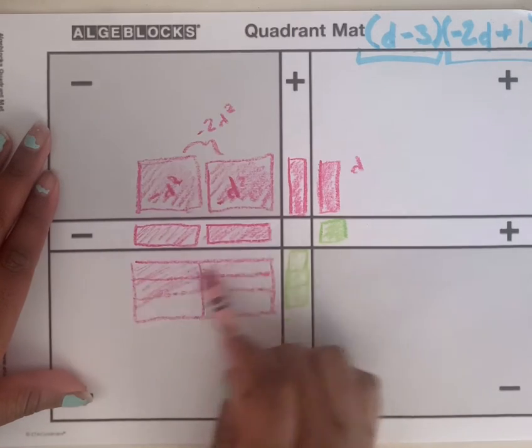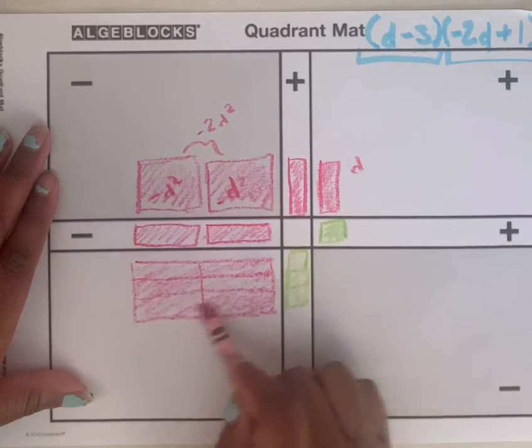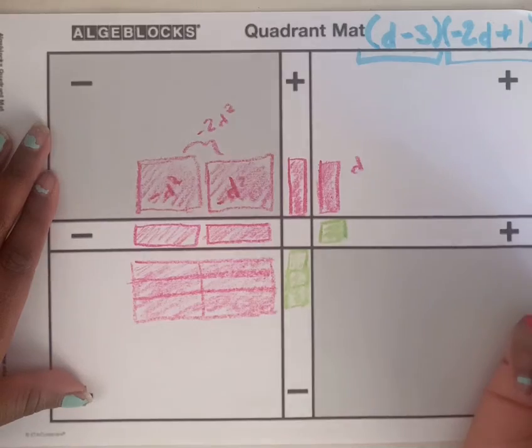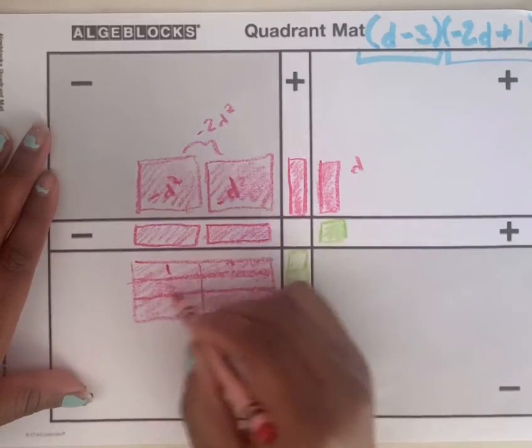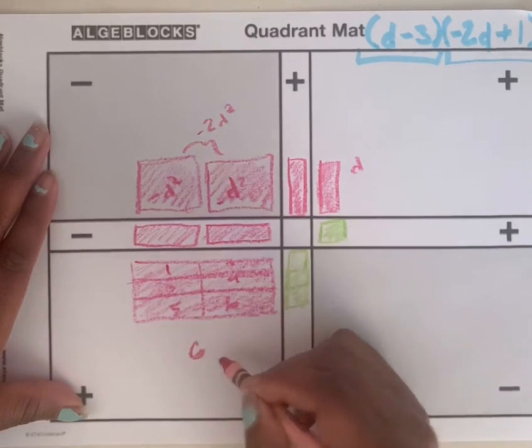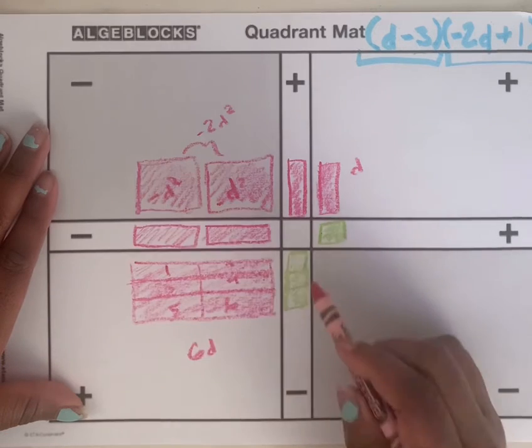And since they're both negative, a negative times a negative actually equals a positive. Okay, and each of these squares equals 1. So it's like 1, 2, 3, 4, 5, 6. So that is 6D, because remember these two represent D's, and this is just